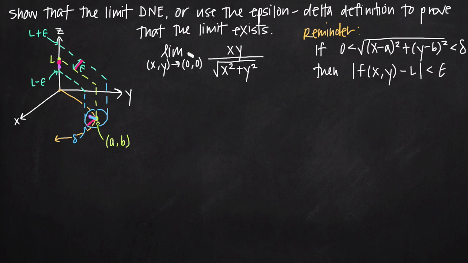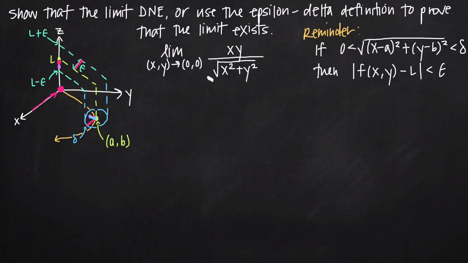So in this case, we're approaching the coordinate point 0, 0, which means we want to test approaching that point along paths that intersect that point. So for example, we could approach along the line y equals 0, or in other words, along the x-axis. So we have this point here, 0, 0, right? This is the value that we're approaching. We can approach this point along the x-axis, along this path. That's just one path that approaches the point 0, 0. If we approach along the x-axis, then we know that y is always equal to 0, right? Everywhere along the x-axis, y is equal to 0,